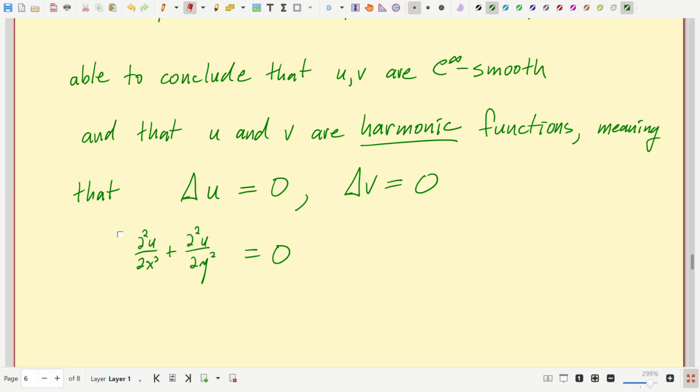And in fact, harmonic functions are going to have a very close relationship. We call it an intimate relationship with analytic functions. If you have a harmonic function, you can always find a v so that u plus iv is analytic. And conversely, the real and imaginary parts of analytic functions